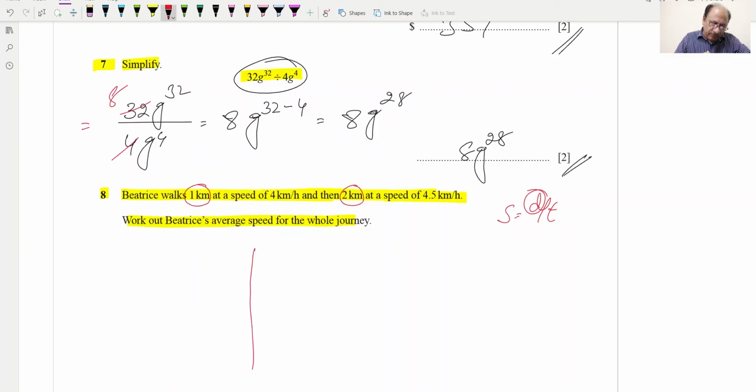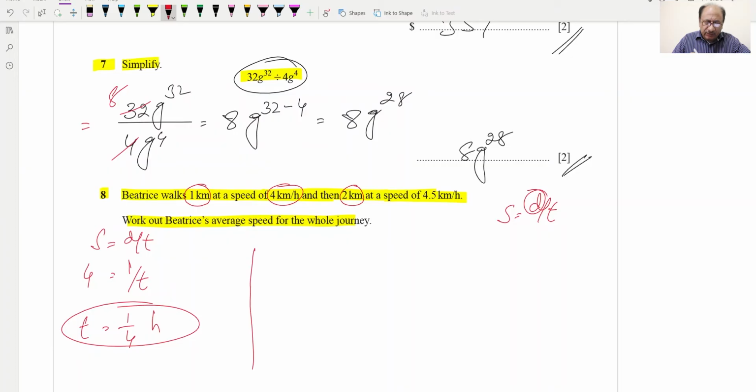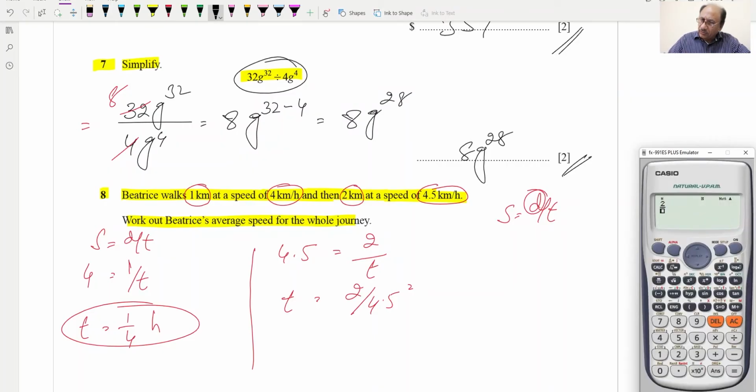So first one is 1 kilometer. We can write speed is equal to distance over time. So speed is given 4 kilometers per hour and distance is 1 kilometer, and time we can calculate. So time is equal to 1 by 4 hour. 1 by 4 hour will be time for the first portion, and for the second portion speed is this one, 4.5 kilometers per hour, and this is equal to distance, which is 2 kilometers, divided by time. So time will be equal to 2 over 4.5,